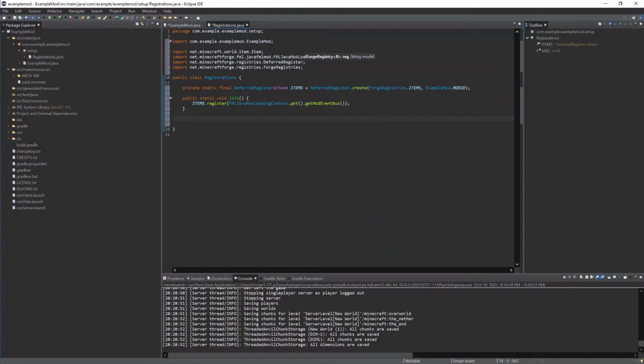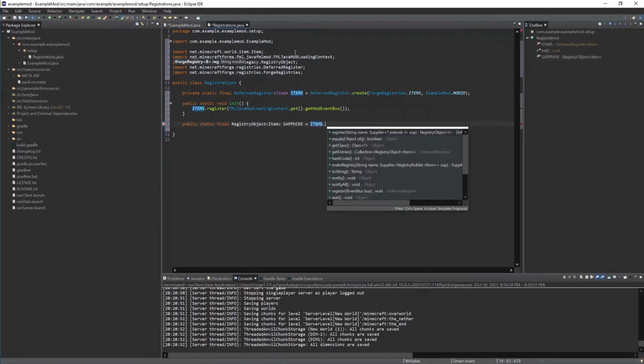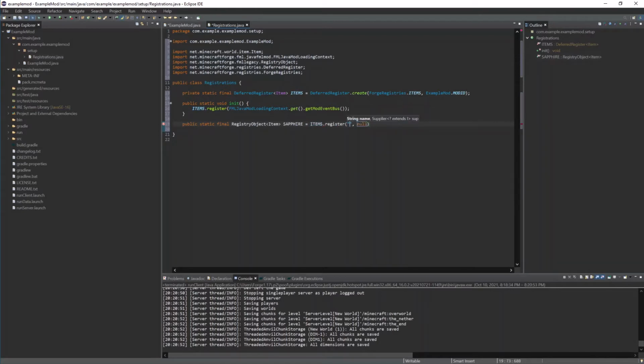Now we create our item: public static final RegistryObject<Item>, and the name for this item will be SAPPHIRE equals to ITEMS. We put the item to the list, register. The name of our item will be sapphire,